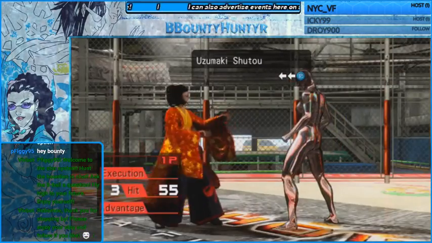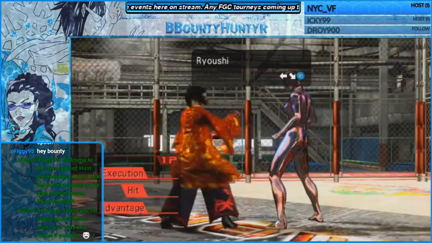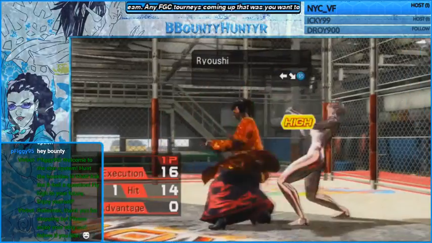4-4P, pretty much just get into back turn real quick. It's a high, 16 frames. On normal hit, it doesn't do anything. On counter hit, I want to say,